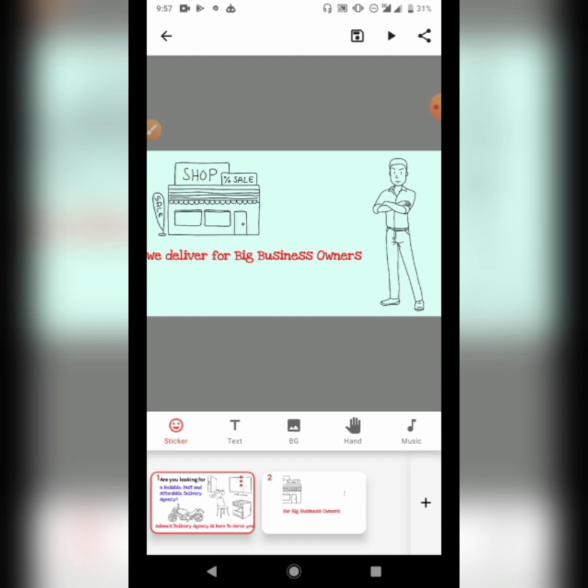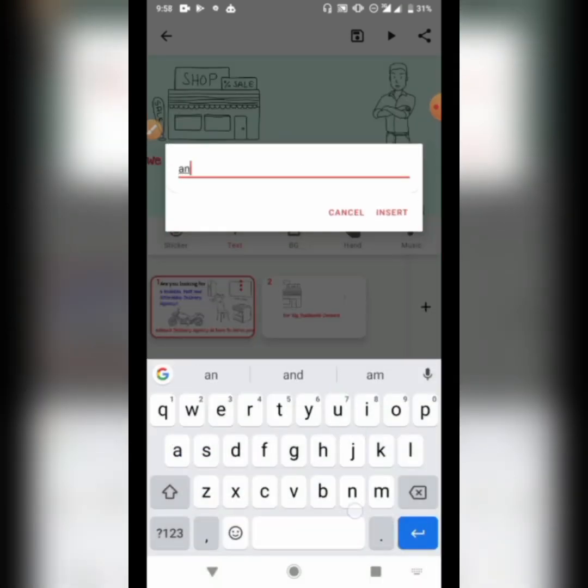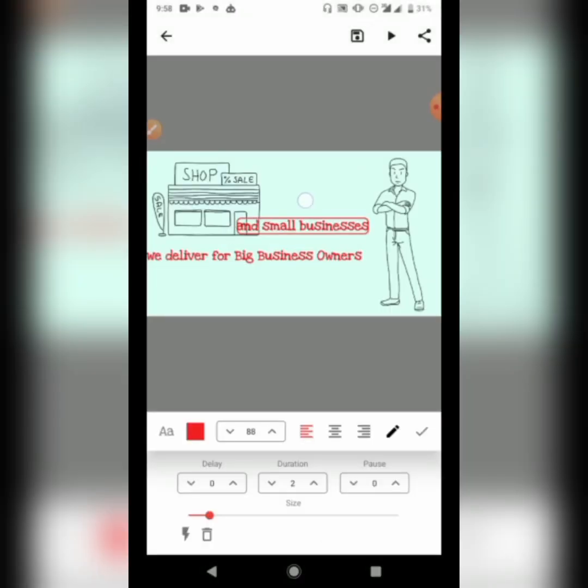Okay, so let me add in small businesses. All right, so here I'll put it here. Reduce the size of the text so that it will not enter into the building. All right,